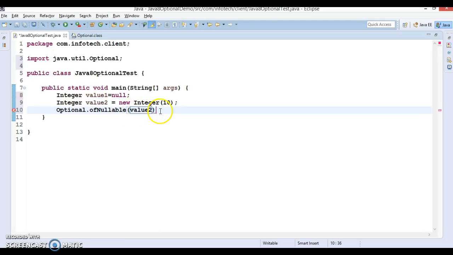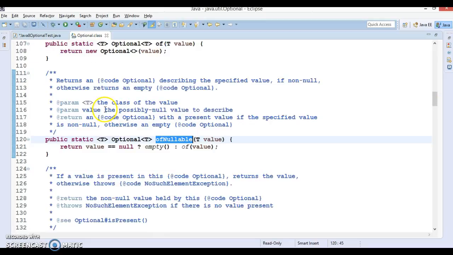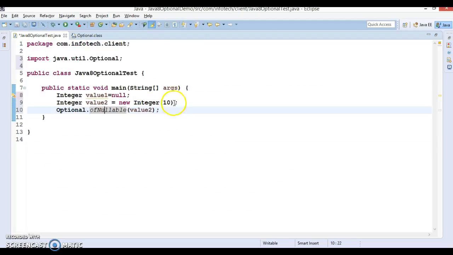If you look at the API description, it says it returns an Optional describing the specified value if non-null, otherwise returns an empty Optional. So if the value is null, that will give the empty object of Optional, else that value will be returned. There are two methods, empty and of, getting called internally. And the return type of this, let's say this is variable a.